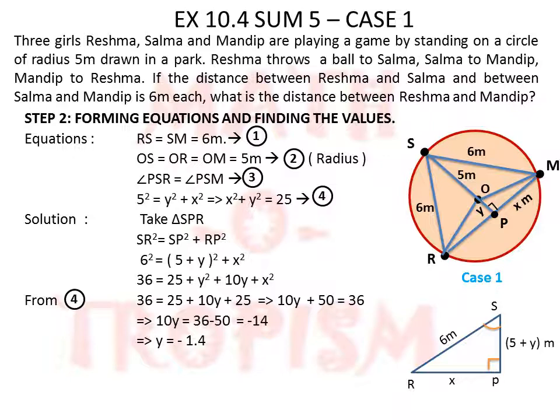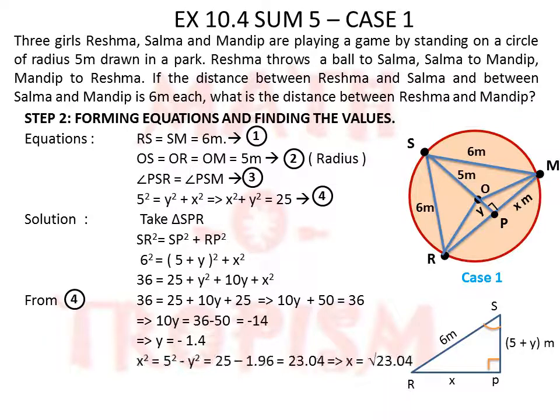So it means the case 1 which we had drawn is actually wrong. We should have drawn it like the case 2, but it is not a problem since it is a length and we are going to find x where the squaring of y comes into picture, so we can continue. This is just for making you understand that the way we drew is wrong. We should have taken RM in such a way that it is well beyond the center. So the P point should have been between O and S. So the case 2 was the correct diagram.